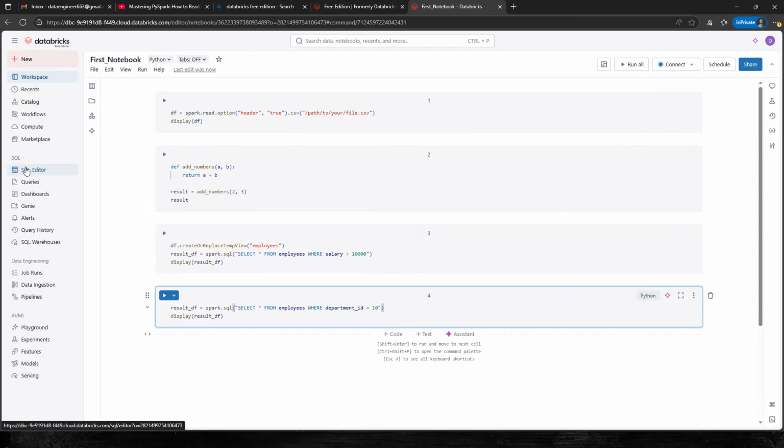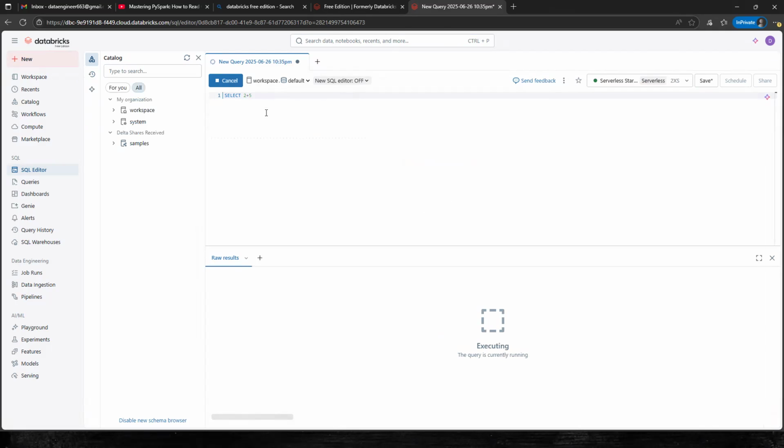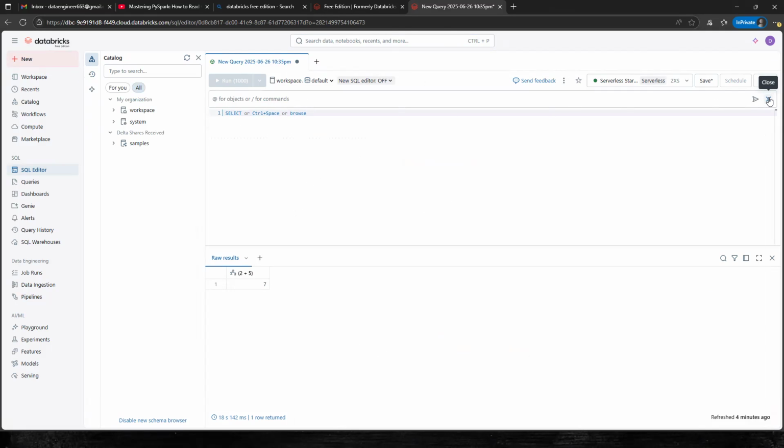Now you are mentioning SQL editor also, right? In SQL editor also, can I go ahead and use the AI? Can I do that? Is that feasible? In real time, you can use that. Even in real time, you can utilize the AI capability. Now you can see here, it is a toggle